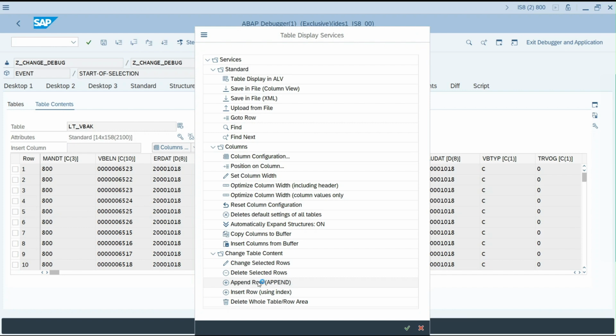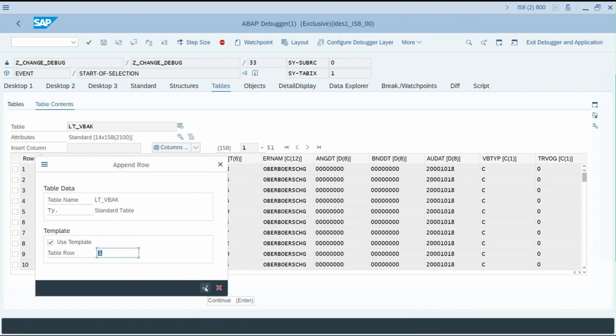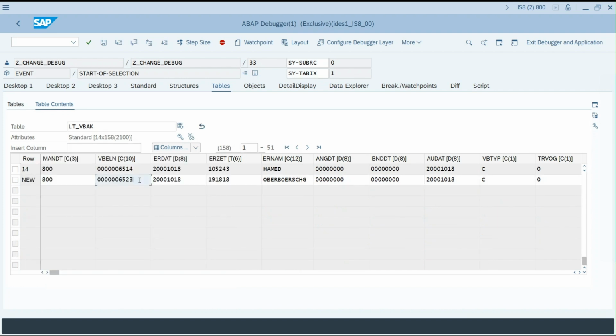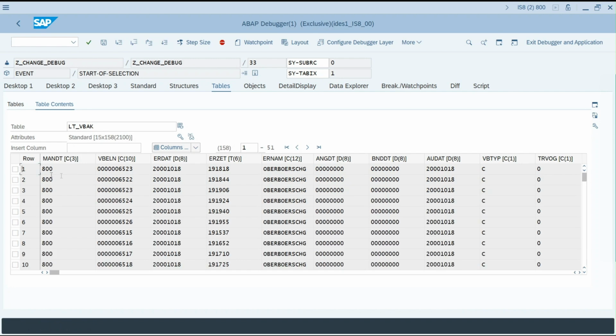Choose add rows, use template. I choose, for example, the first row, okay, and change something, for example, only this, okay. Next, you can change rows.